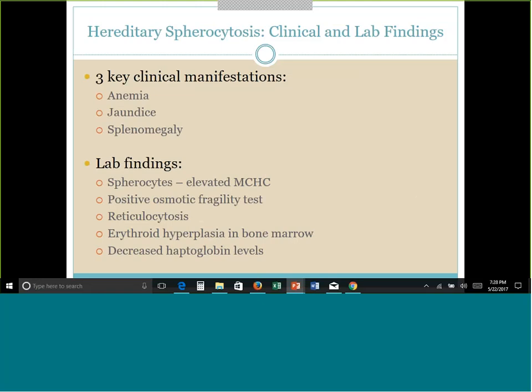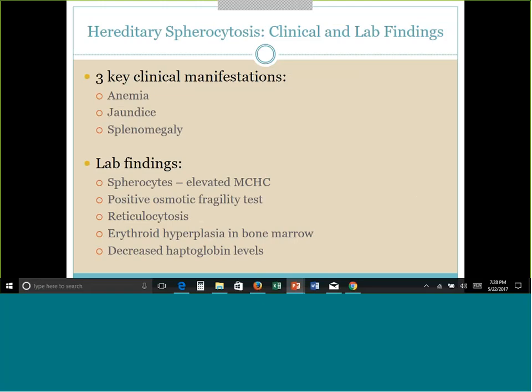You're going to see jaundice because it is a hemolytic process, so you're going to see increased bilirubin levels, which lead to jaundice, yellowing of the skin and eyes. You're going to see splenomegaly, which is an enlarged spleen. Because it's all about the spleen in this case, with the spherocytes getting stuck down there, it's going to cause